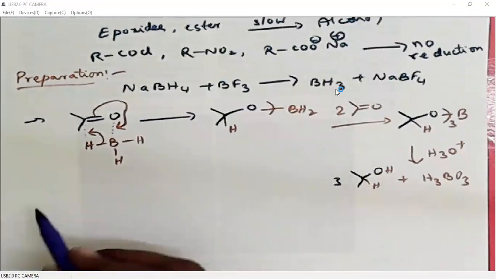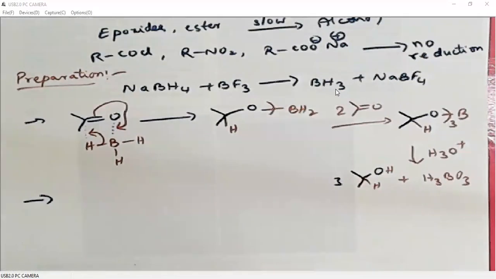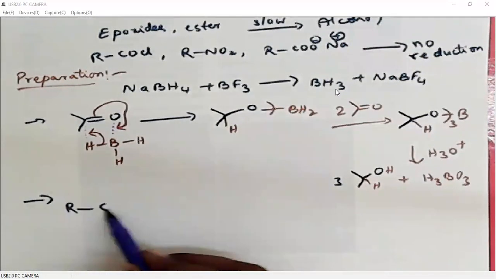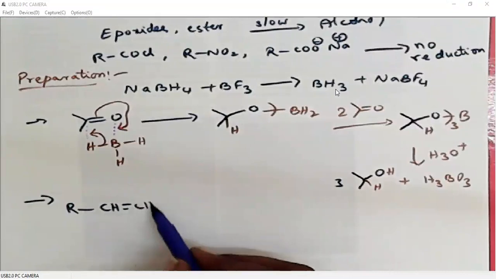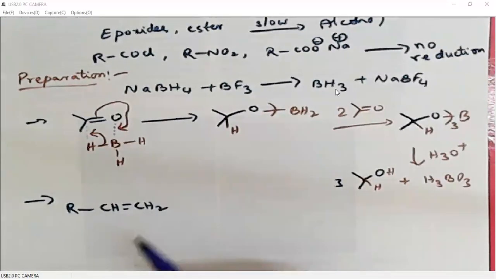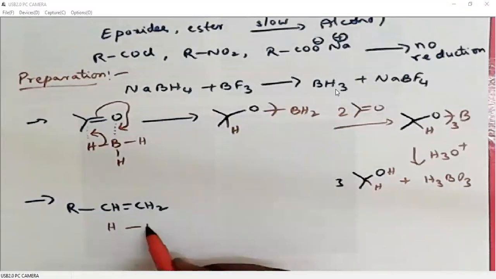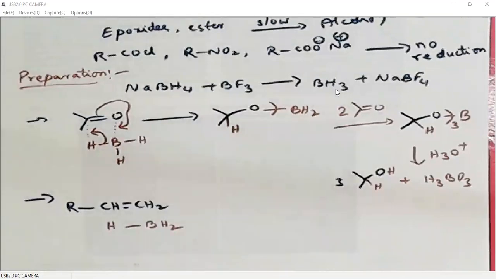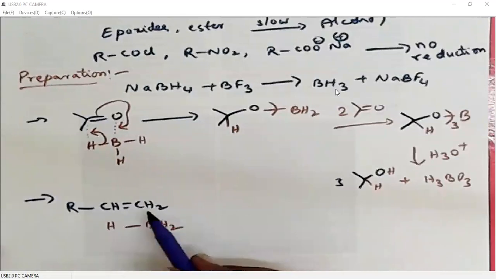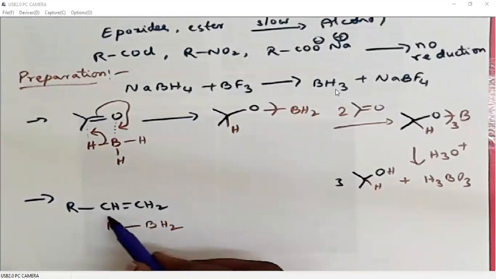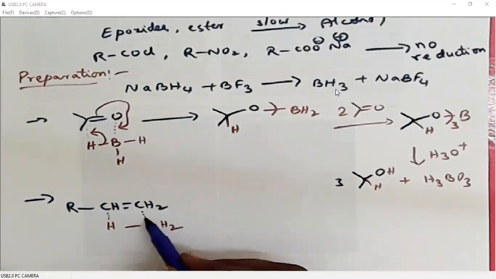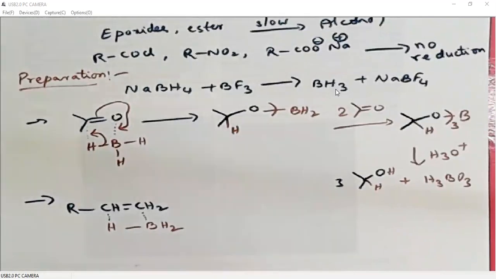Now we will see how boranes will reduce alkenes. It is similar to how they reduce the carbonyl group. So boranes will approach the double bond from the less substituted or less sterically crowded side. The borane will add to the terminal carbon of the double bond, or the less sterically crowded carbon of the double bond. So it follows the anti-Markovnikov rule.